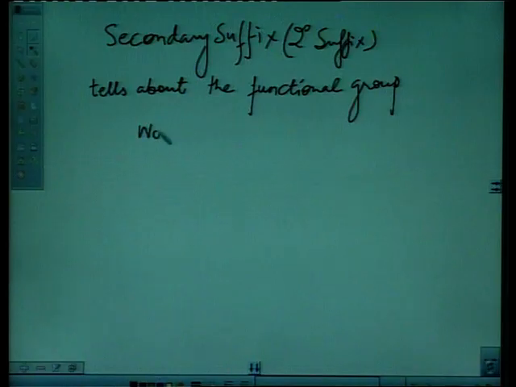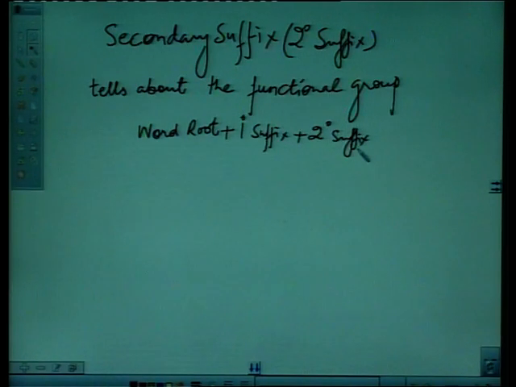So, word root plus primary suffix plus secondary suffix. It is placed behind the primary suffix. So, what are functional groups? Functional group, as discussed earlier, is an atom or group of atoms which determines the chemical property of organic compounds. There are different types of functional groups: alcohol,